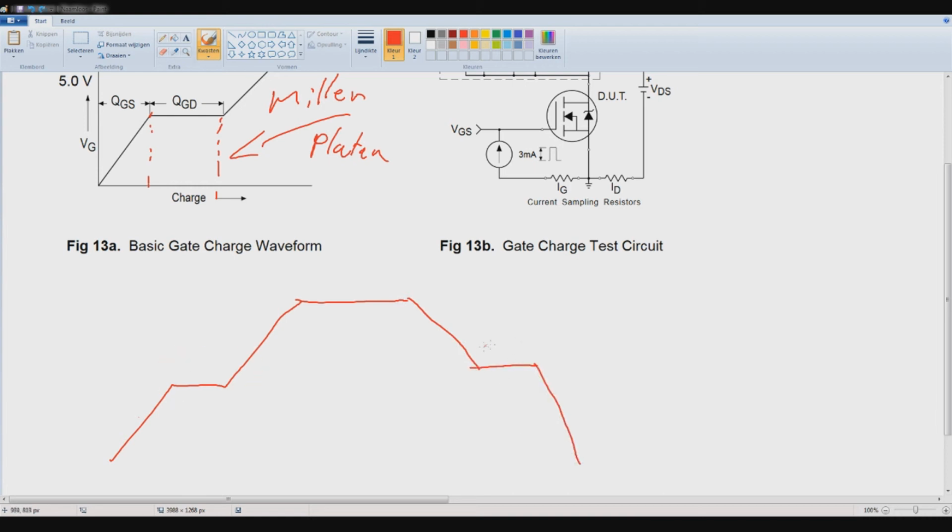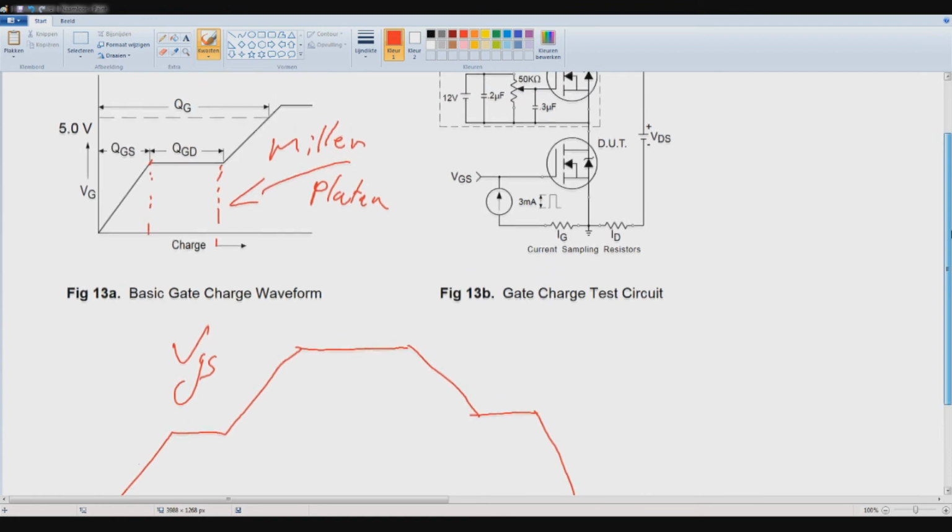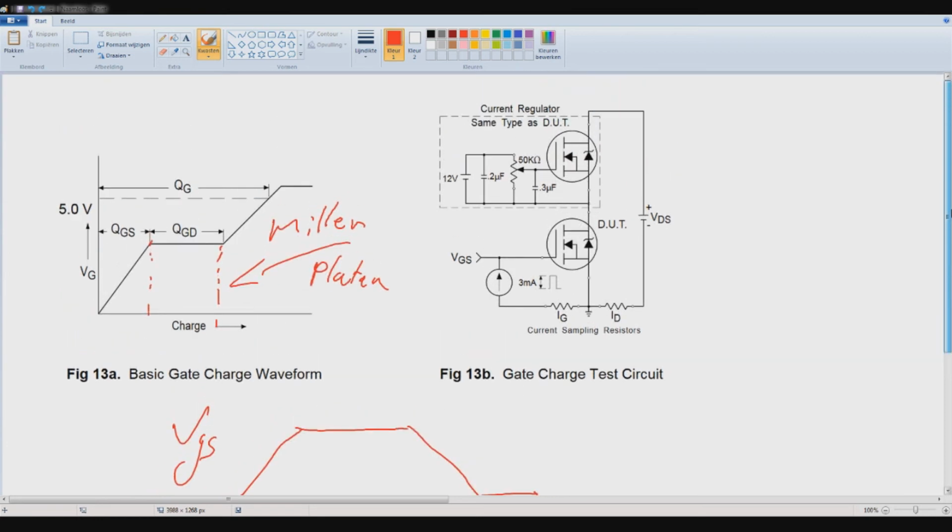With these plateaus over here, that would be a realistic gate to source. Even if this is very small, it's still there a little bit. We're going to look at an example later